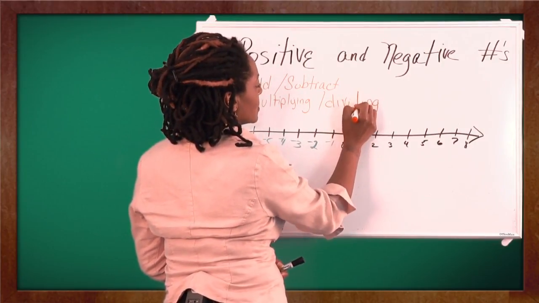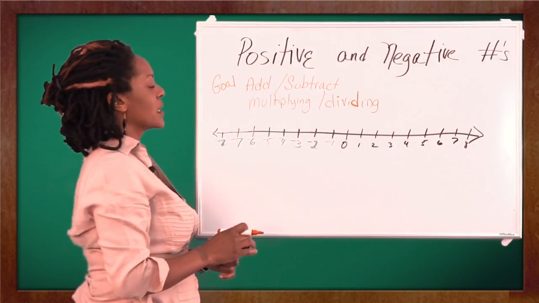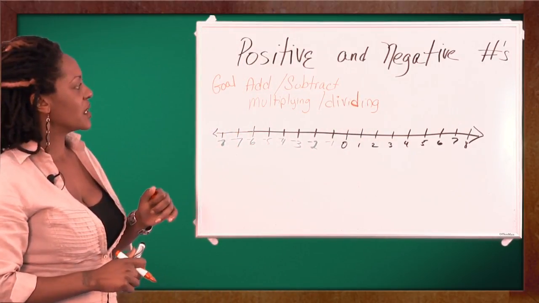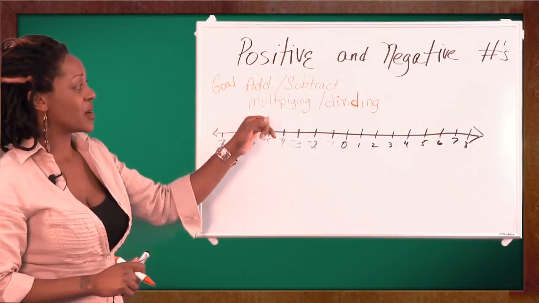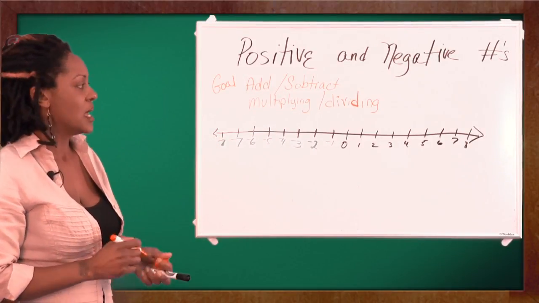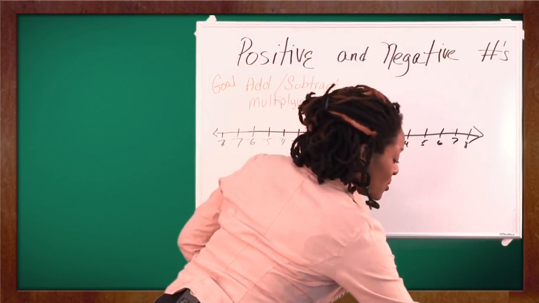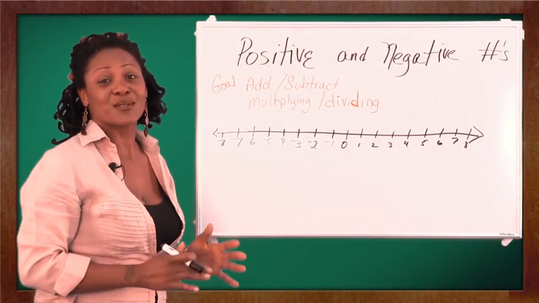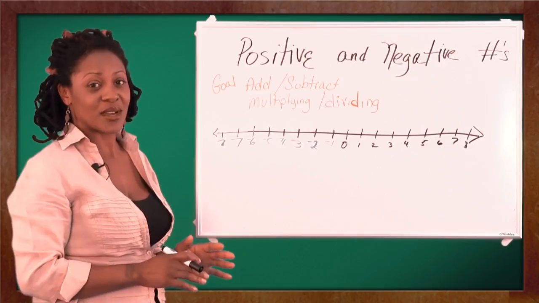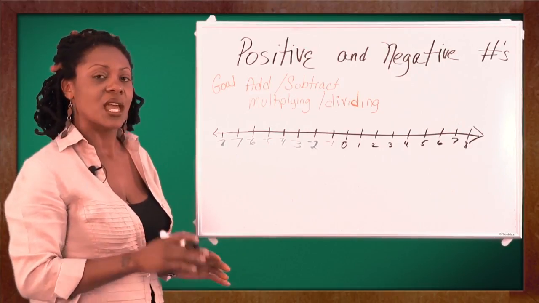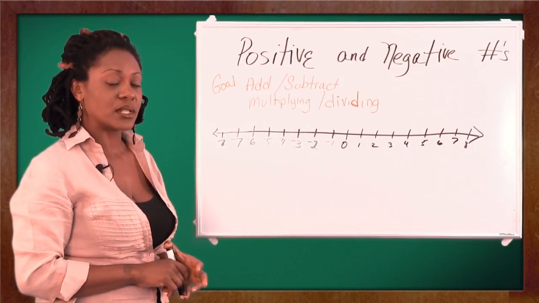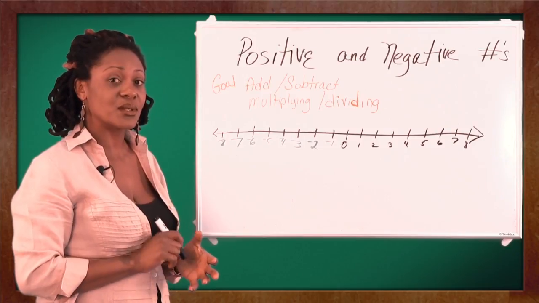Excuse my little, boom. Okay, so our heading, positive and negative numbers, and the goal is to add, subtract, multiply, and divide them. Now there are rules, okay, and this is where you need to stick to the rules. Don't try to get creative. Don't try to make up things and do your own thing. You need to write these rules down,